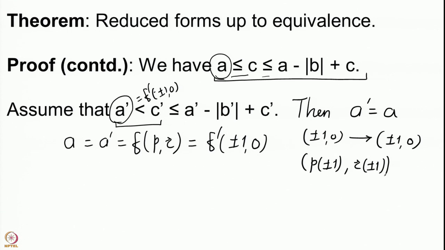So, you just get that this has to be equal to this pair. What we have done is that we note that when you have (x, y) being sent to (px + qy, rx + sy), then the form f becomes the form f prime. And now we have the values plus minus 1, 0 for x and y. The value that you get is a. By applying the change of variables, you are going to get the same value.